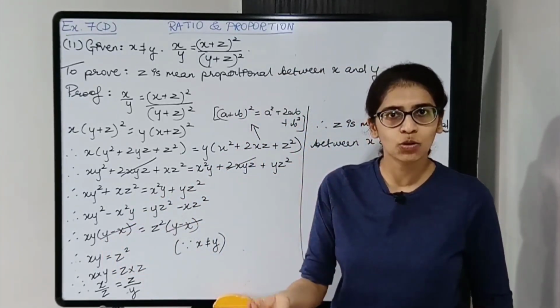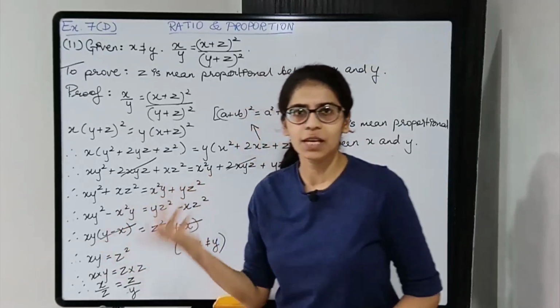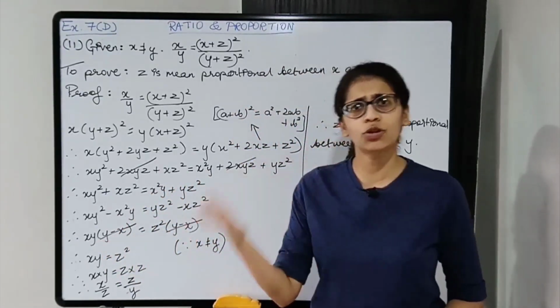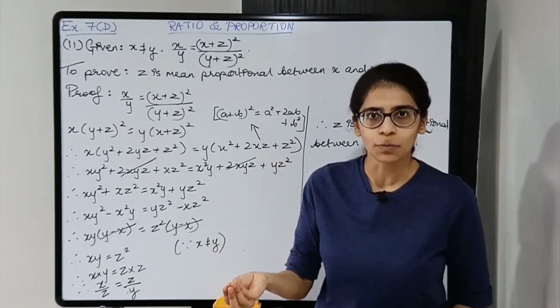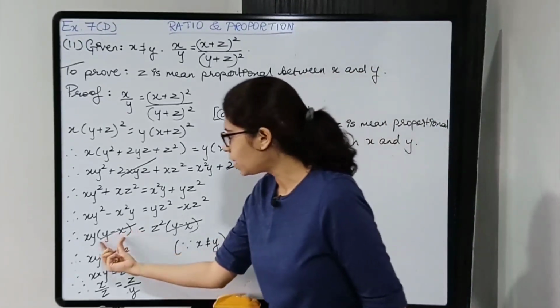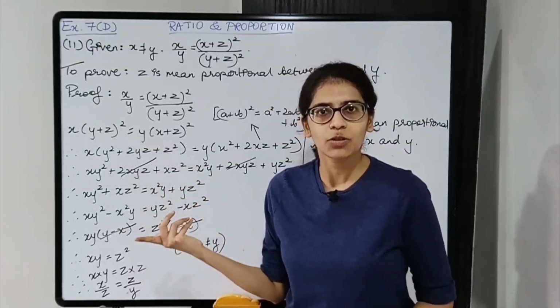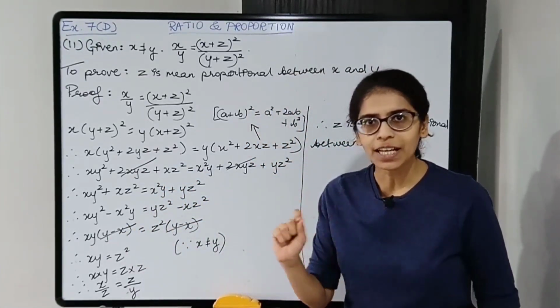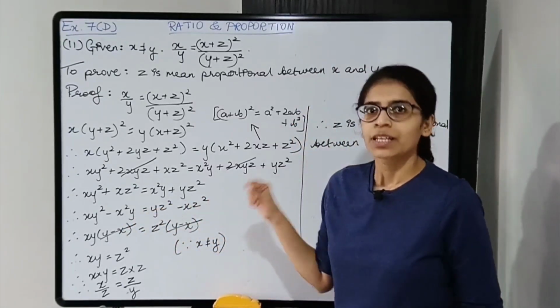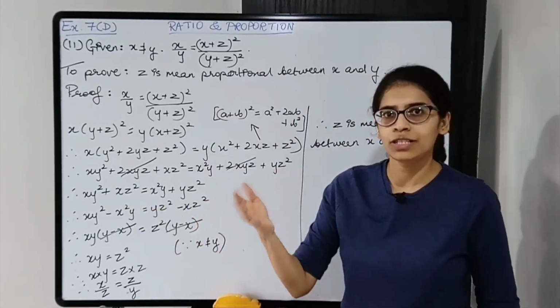When can it be 0? When y and x both have same value. If you have 4 minus 4, it becomes 0. If you have 2 minus 2, it becomes 0. Right? So y and x, if they are equal, then only it becomes 0. And you cannot cancel out 0. Mathematical rule है. 0 को कभी cancel out नहीं कर सकते from both the sides. It has to be any other number, non-zero number.